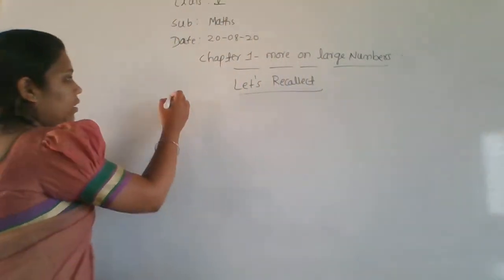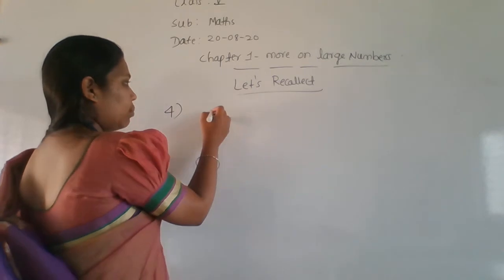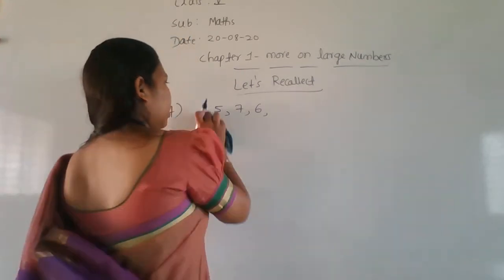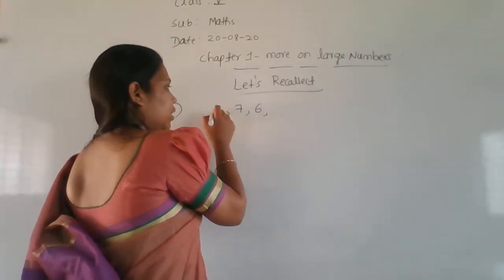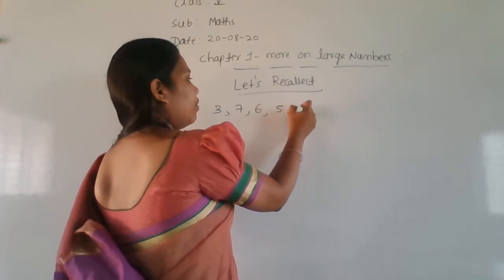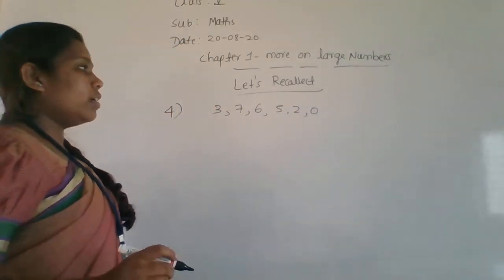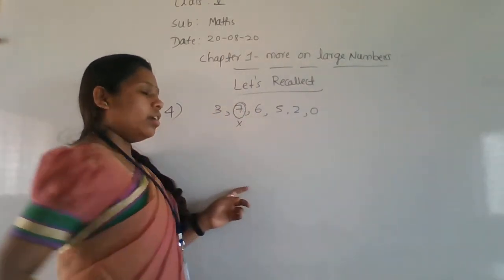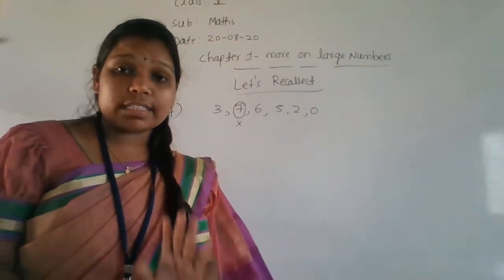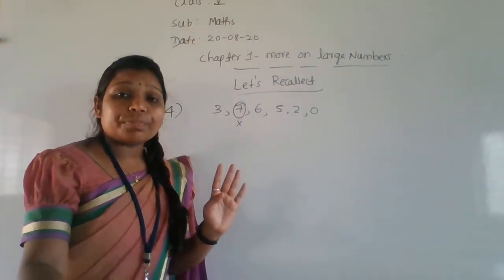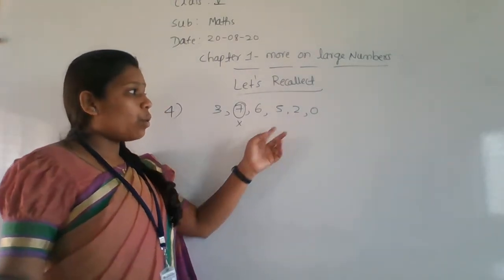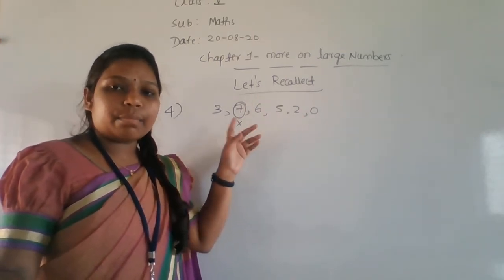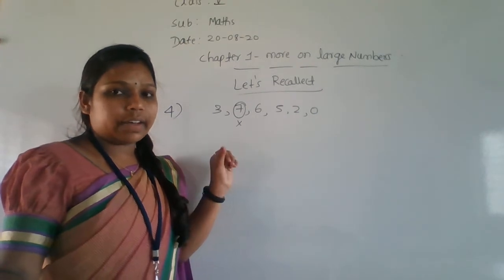So here, fourth main, you have to make the smallest 5-digit number using which digits? 3, 7, 6 and 5, 2, 0. Okay. So here, which number is greater? You have to cancel that, because 7 is greater. Cancel this number, because they told to write the smallest 5-digit number. If they told to write the largest 5-digit number, then you have to cancel this 0 value. Getting everyone? They told the smallest number, that's why I am cancelling the larger number here. That is the 7. Okay.